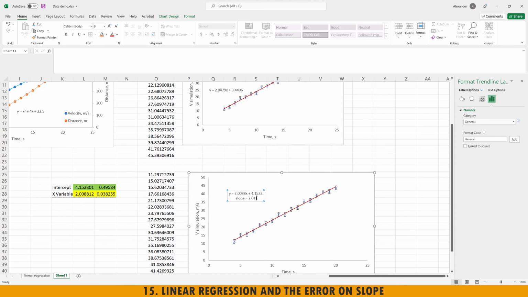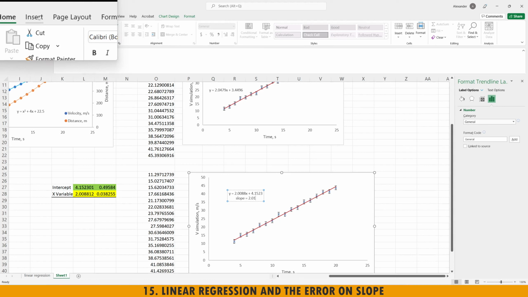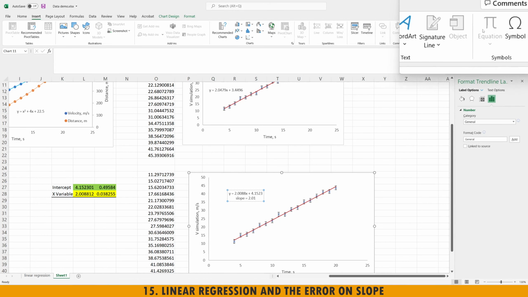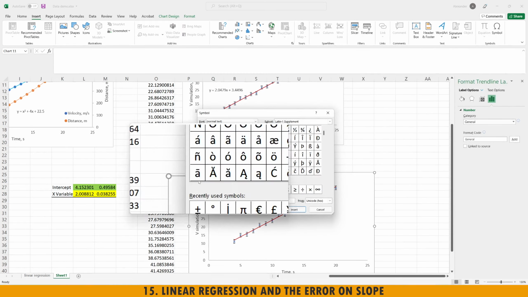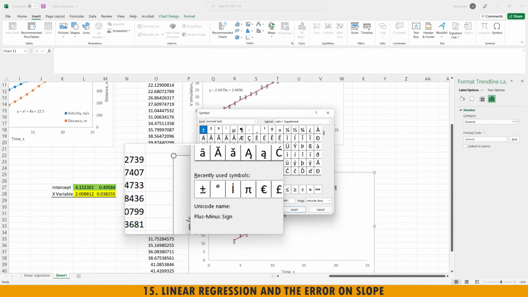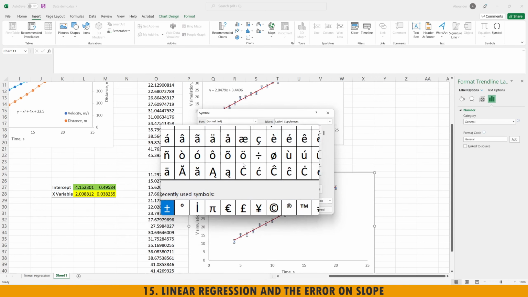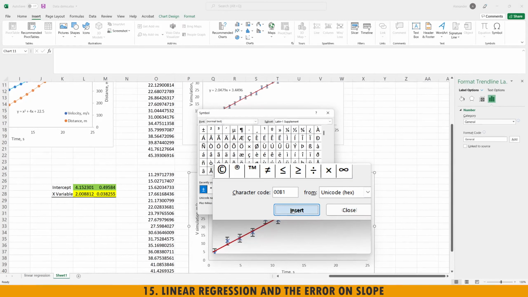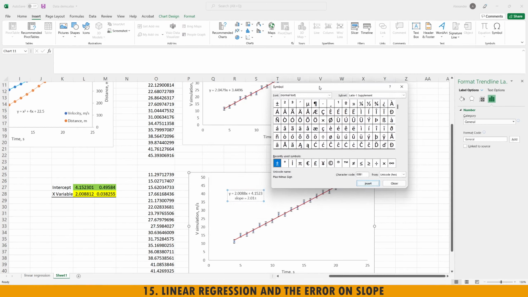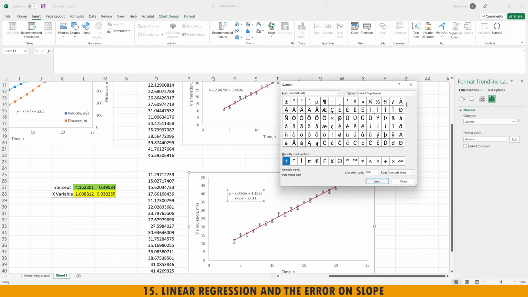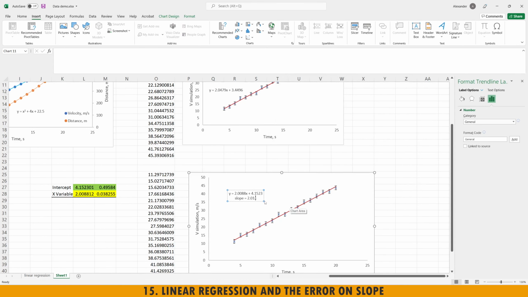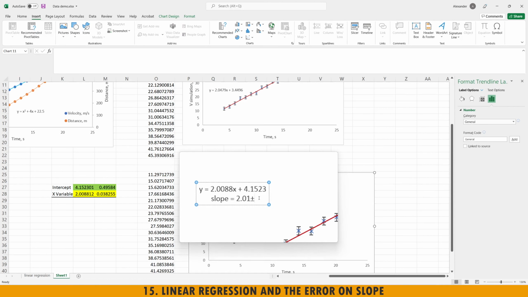If you would like to insert a plus minus sign, you can do that from this menu. You can go to Insert, then go to the rightmost part of the ribbon and select Symbol. And over here, you can select this plus minus symbol, just click on that, and then click Insert. So this plus minus symbol will be inserted right over here. Okay, so let's close this window and continue typing